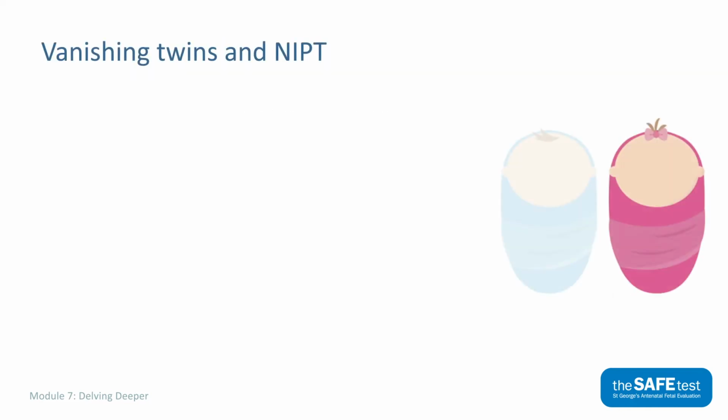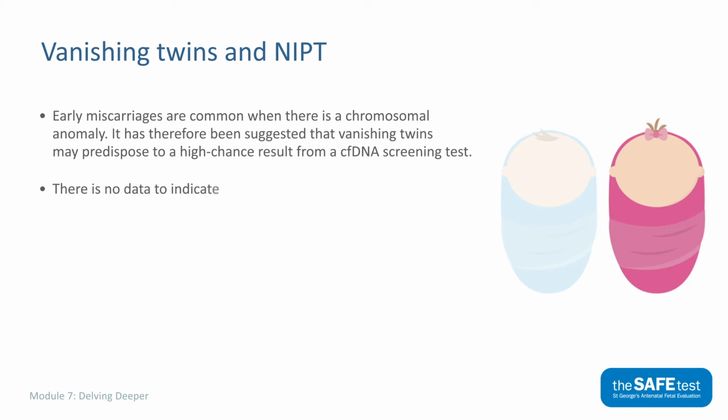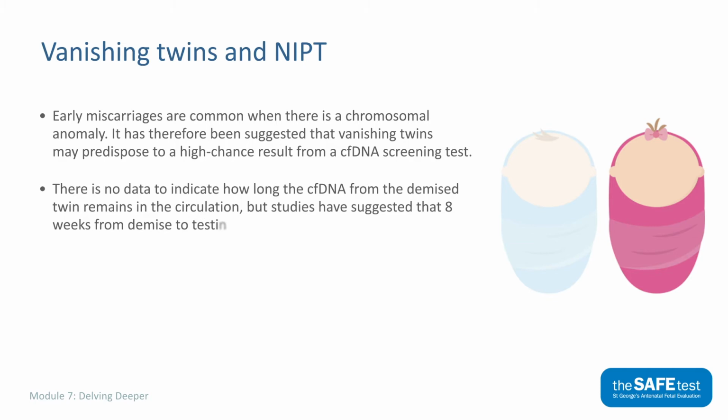Vanishing twins and NIPT. Early miscarriages are common when there is a chromosomal anomaly. It has therefore been suggested that vanishing twins may predispose to a high-chance result from a cell-free DNA screening test. There is no data to indicate how long the cell-free DNA from the demised twin remains in the circulation, but studies have suggested that 8 weeks from demise to testing would be a safe period, but often the date of